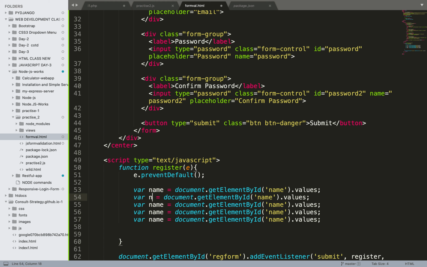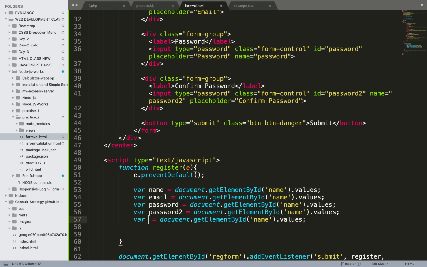Now let's change it accordingly. We have an email and we have one password. We have a password 2 and we have a message.